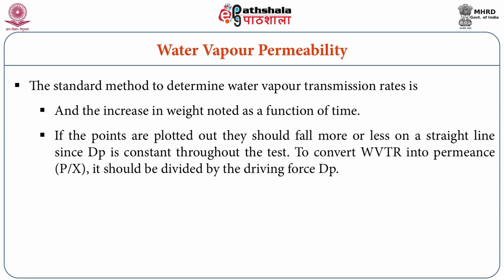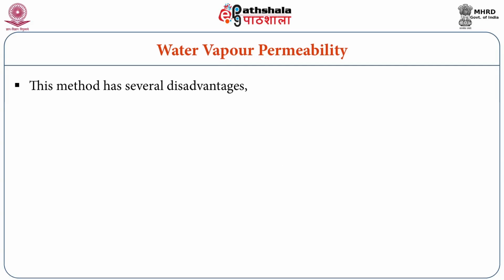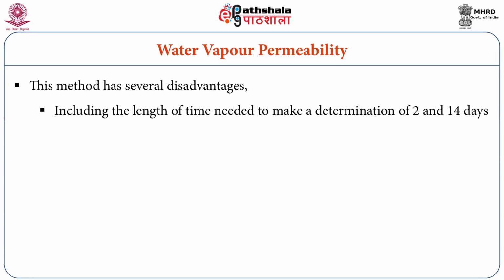If the points are plotted out, they should fall more or less on a straight line, since dP is constant throughout the test. To convert WVTR into permeance, it should be divided by the driving force, that is dP. This method has several disadvantages, including the length of time needed to make a determination, 2 to 14 days,